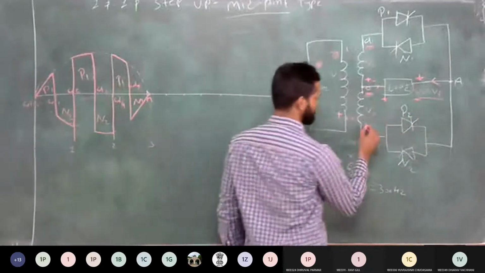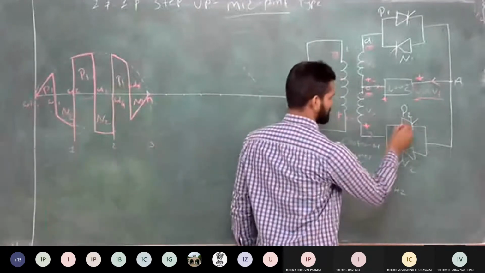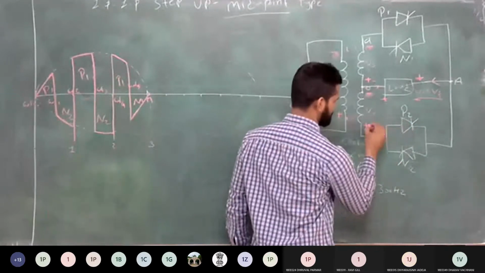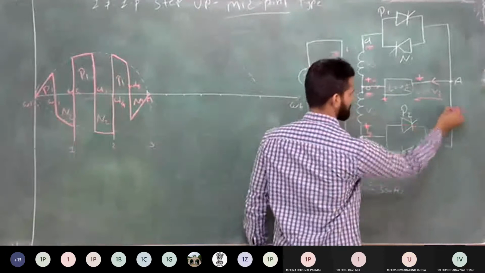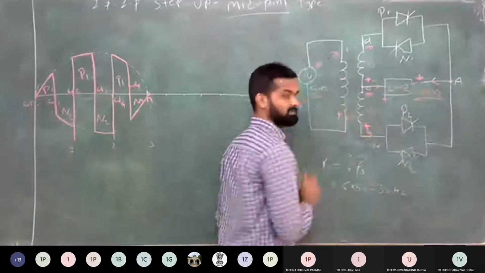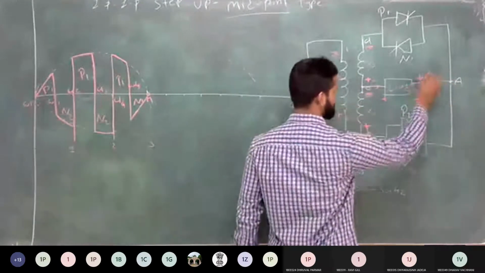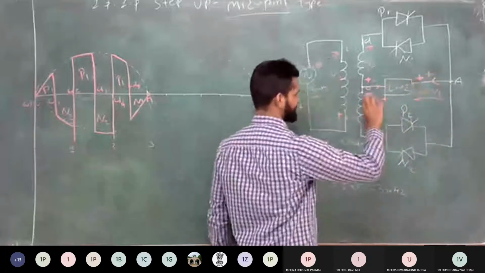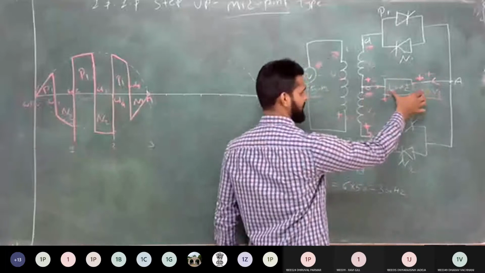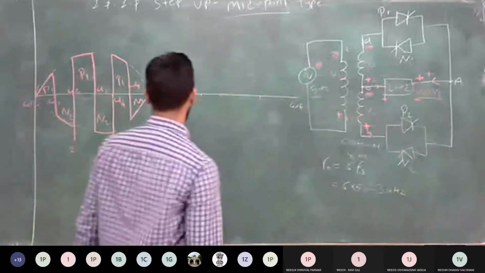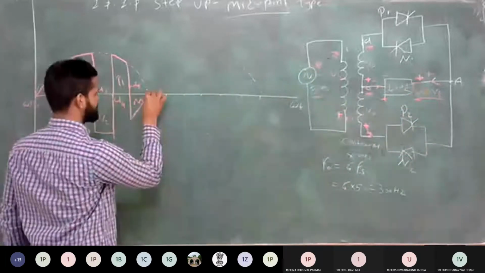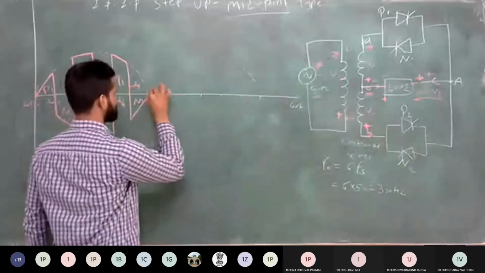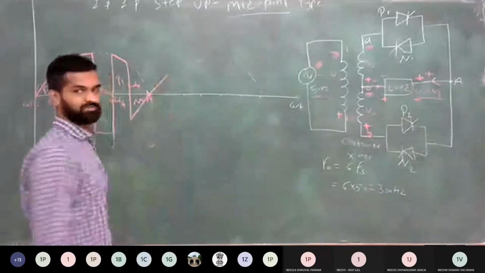So let's check here. B is positive, connected at the anode of P2. So now current is flowing from this B terminal through the P2 thyristor, to the A terminal and the O terminal. So this direction of current is positive, from A to O, and the voltage is plus minus. So this secondary winding voltage comes across the load side and is positive. So after this pi angle, when I provide the gate pulse to P2, it follows the positive envelope of the output voltage.